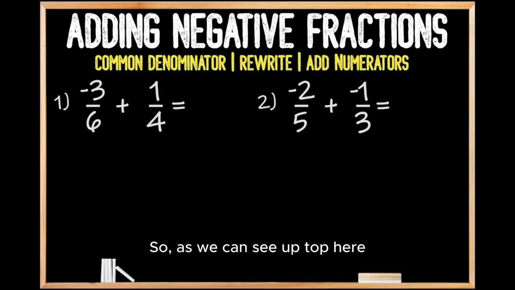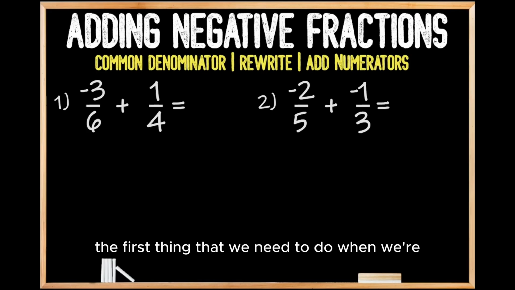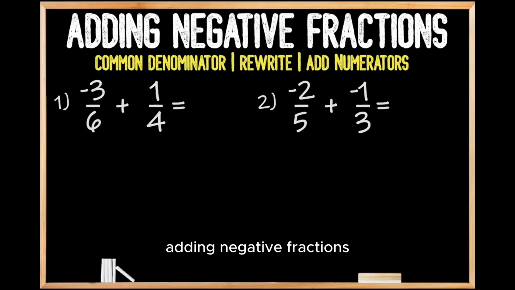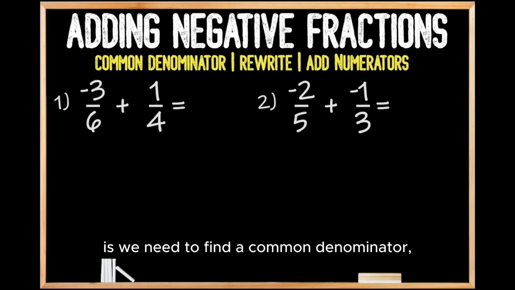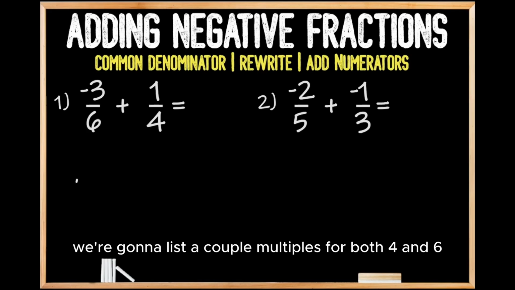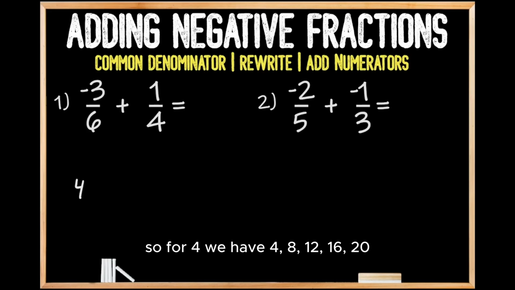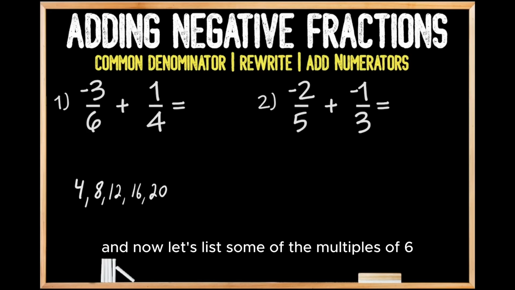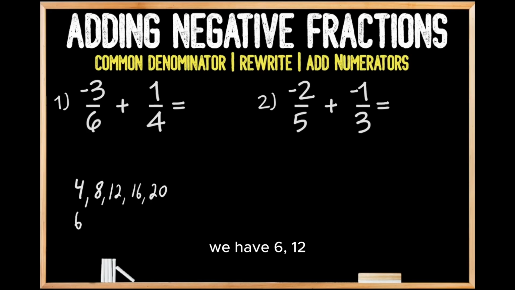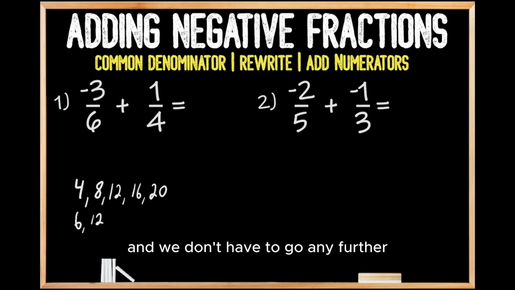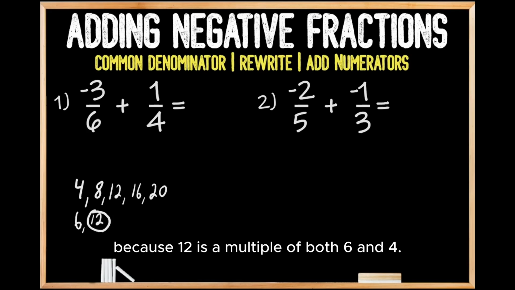As we can see up top here highlighted in yellow, the first thing that we need to do when we're adding negative fractions that have different denominators is we need to find a common denominator. In order for us to find a common denominator between both 4 and 6, we're going to list a couple multiples for both 4 and 6. For 4, we have 4, 8, 12, 16, 20, and now let's list some of the multiples of 6. We have 6, 12, and we don't have to go any further because 12 is a multiple of both 6